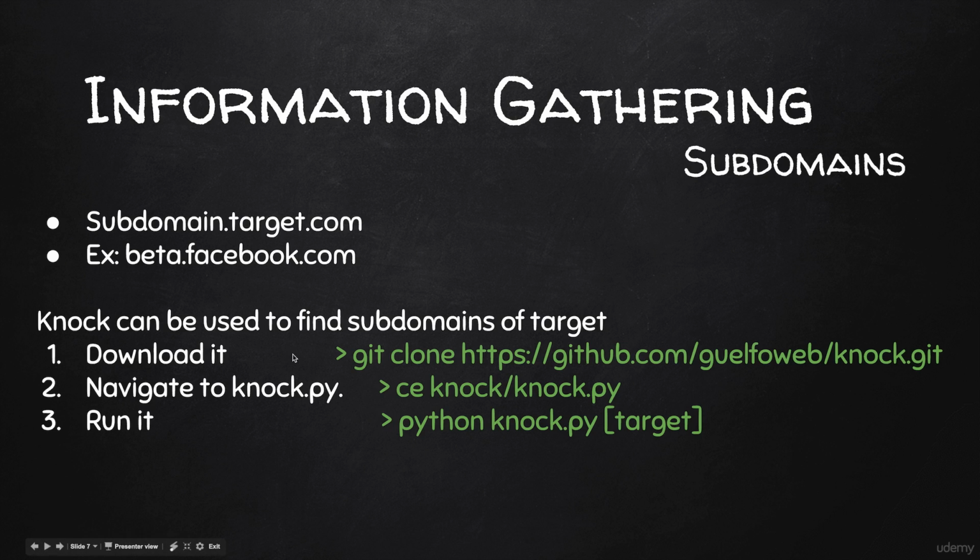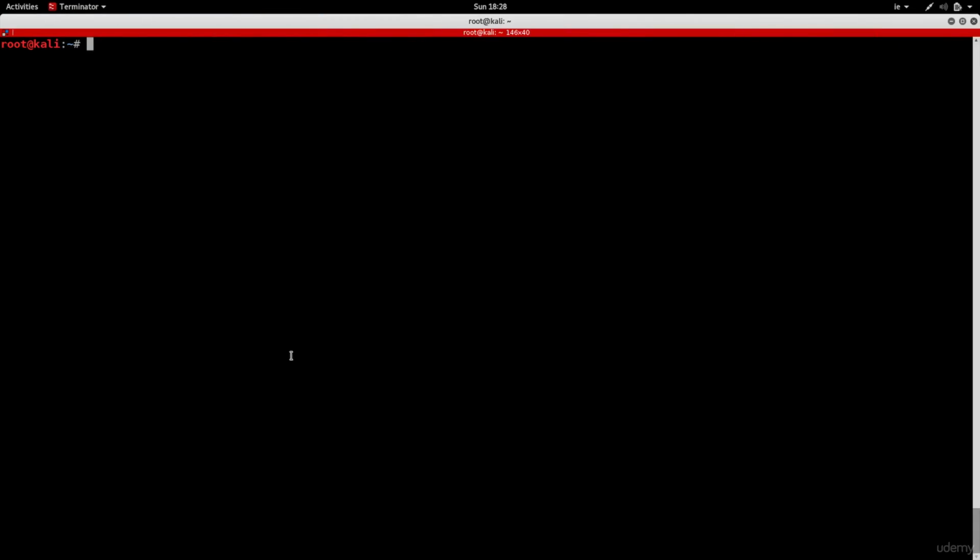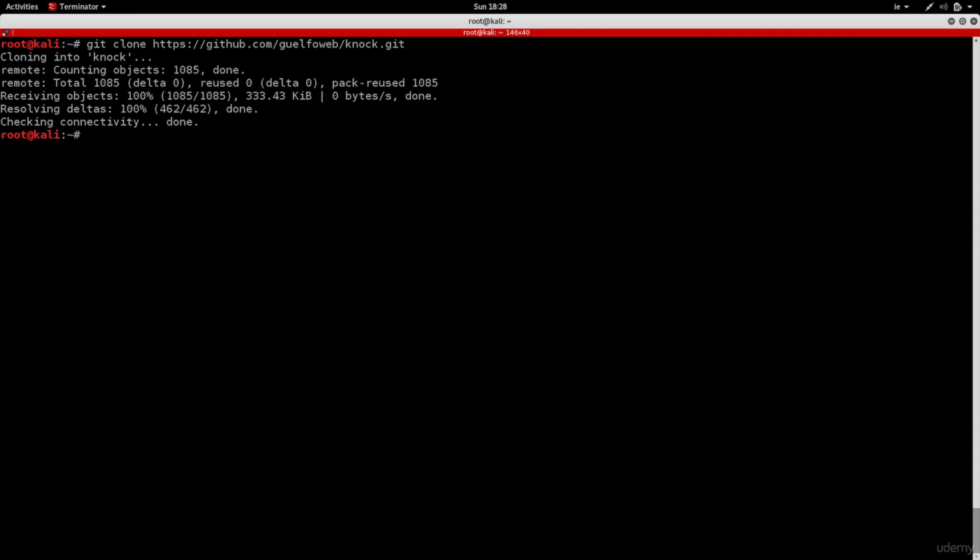So in today's lecture, we'll see how we can find any subdomains that have not been advertised, or even the advertised ones, so we'll be able to get the subdomains of our target. We're going to use a tool called Knock. The tool is very simple. You don't really need to install it. All you have to do is download it using the git command. So the command is going to be git clone, and then you put the URL of the tool,